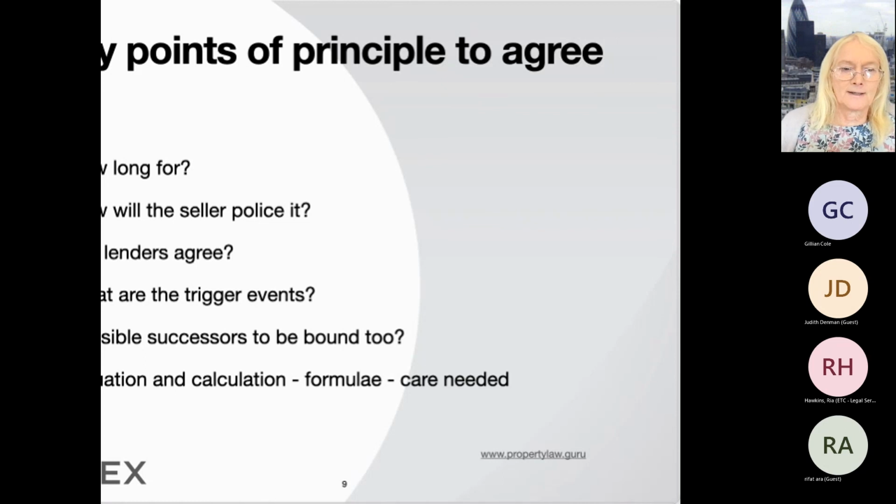What if the seller finds the builder occupies it for their own purposes? They build an office building, which the seller thinks they're going to build and then sell on. And as happened near where I live, the builder actually just moved into it themselves and then sold their existing building they didn't have to pay any overage on. And they said, "Ta-ra, you're not getting any money, Mr. Seller," because the trigger event was only disposal of the land. It didn't have a trigger event of implementation of planning permission or a trigger event of occupation or use of the land, which would have meant that the overage was payable.